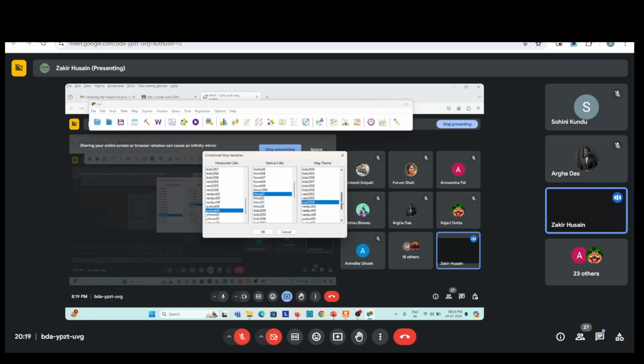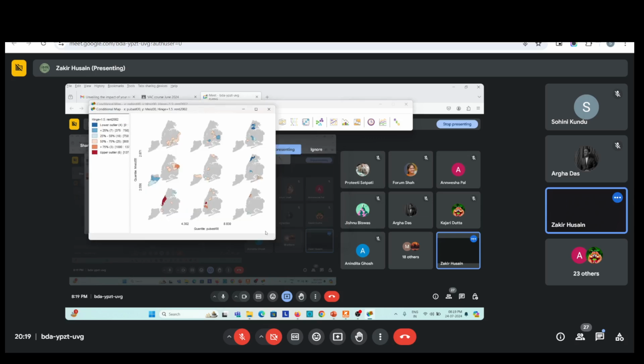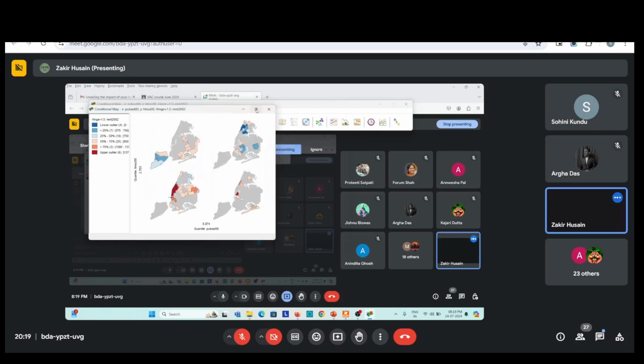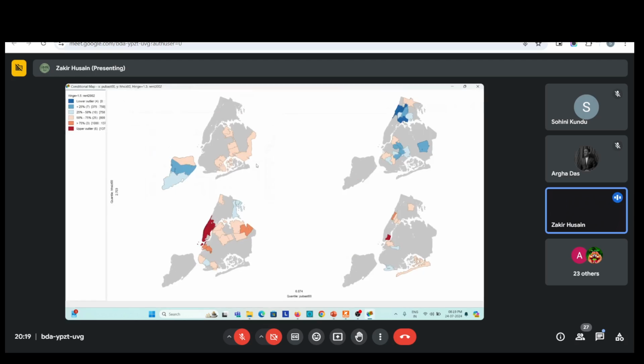Rent, unfortunately, we don't have for 2000, but let us make it 2002. So let me reduce the bins. One time I make it 2 horizontal, I make it 2, and I expand it. So we can see that if there's a reliance on public assistance,